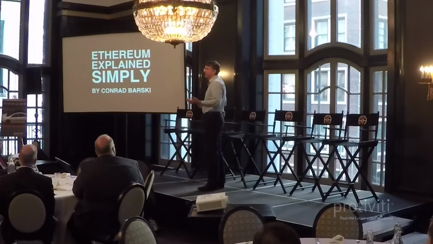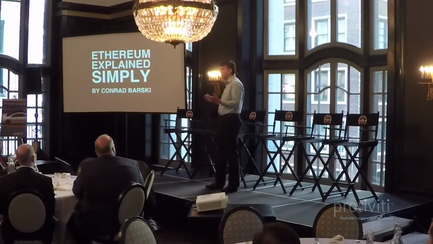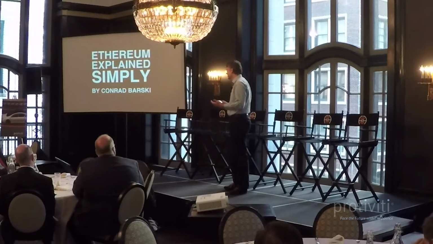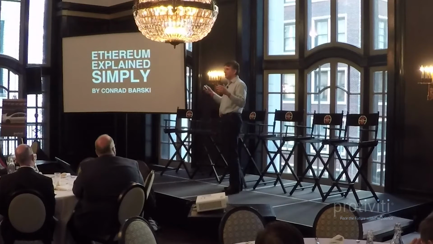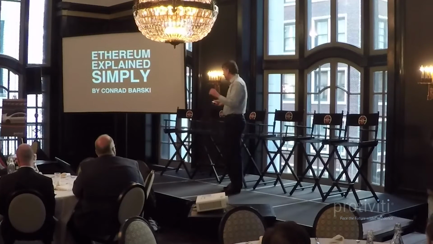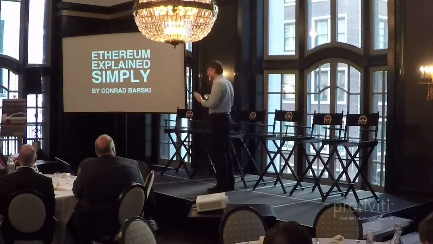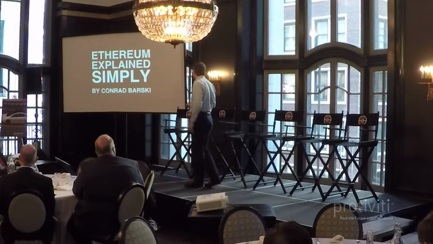So the easiest way to think of Ethereum is it's kind of another system very similar to Bitcoin. And it has this one additional feature called smart contracts. Now, before I can really go in and explain exactly what smart contracts are, we have to go a little bit deeper on what blockchain technology is. Most of the stuff I'm going to be talking about, the first two-thirds, is actually going to be exactly the same as in Bitcoin. And then when we get to the smart contracts, that's where things start getting a bit different.